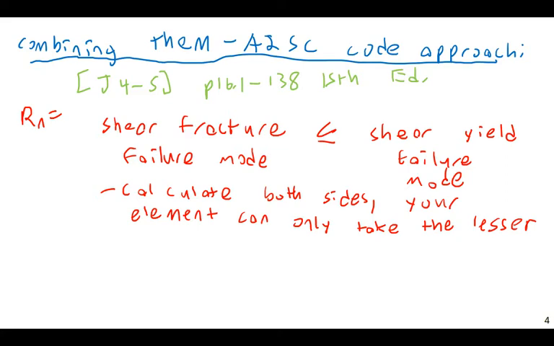The way this works is this one will most of the time control, but this is sort of an upper value. Most of the time, this is the one that's going to control, but we have an upper value that says, okay, essentially we'll say your capacity is this failure mode, but you're not allowed to go over this failure mode. That's why we're using the inequality. But the actual equation here is